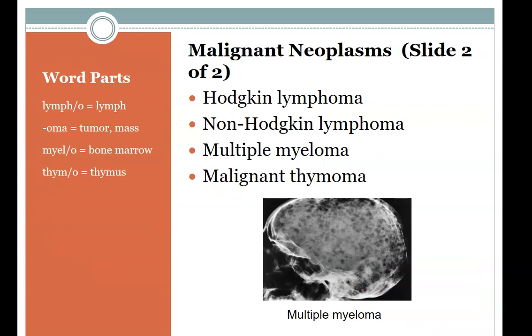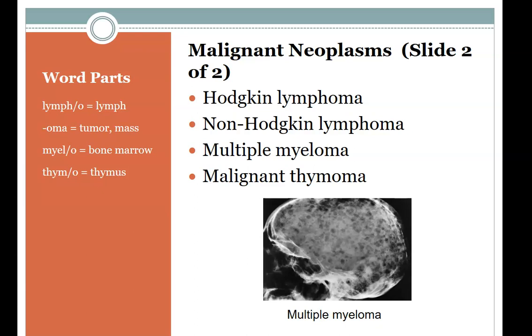Hodgkin's lymphoma, also called Hodgkin's disease, is a cancer of the lymphatic system that is diagnosed by the detection of a type of cell specific only to this disorder, the Reed-Sternberg cells. Non-Hodgkin lymphoma is a collection of all other lymphatic cancers except for Hodgkin lymphoma. It is the most numerous of the two lymphomas and is the sixth most common type of cancer found in